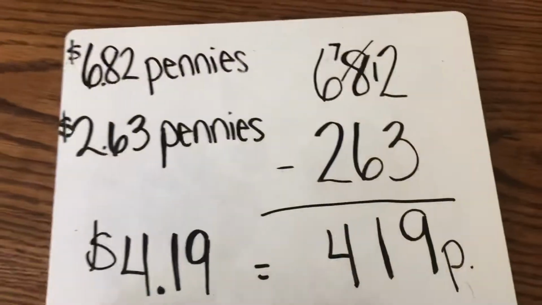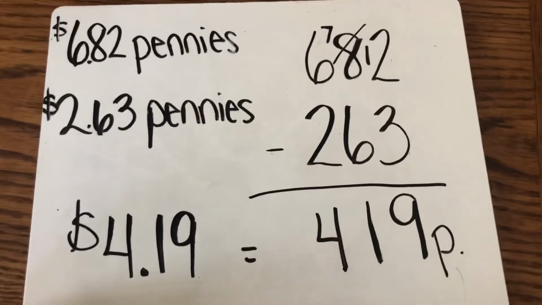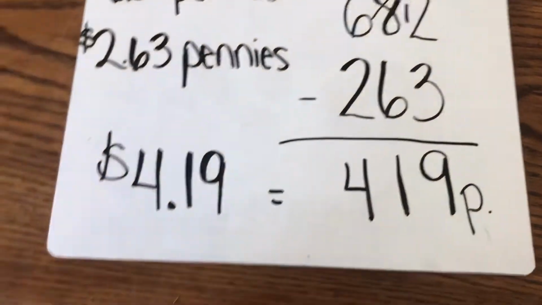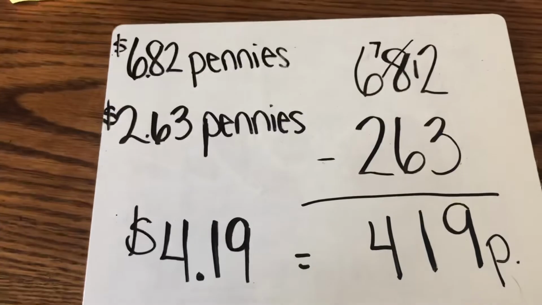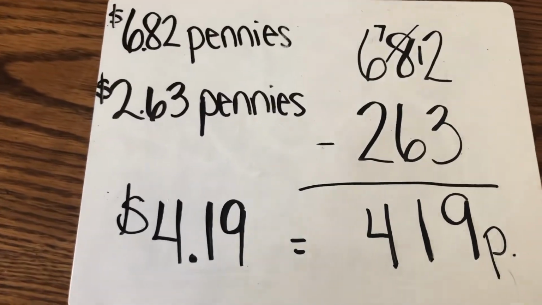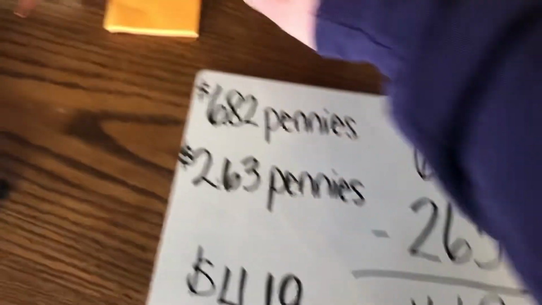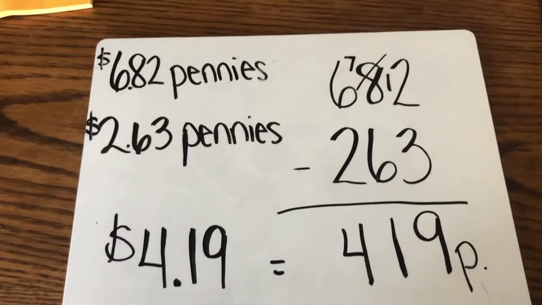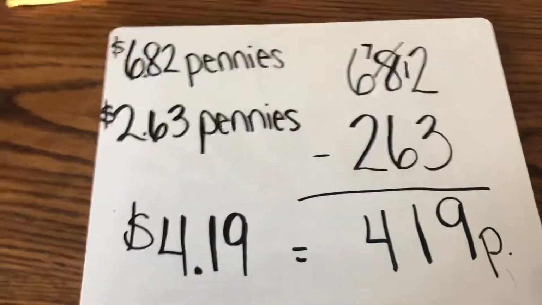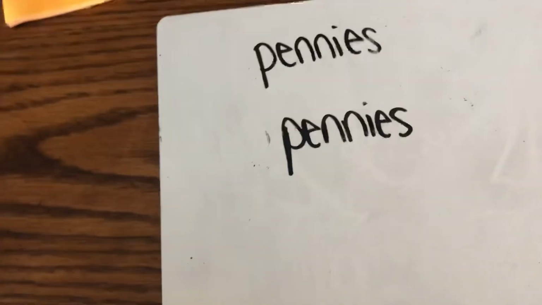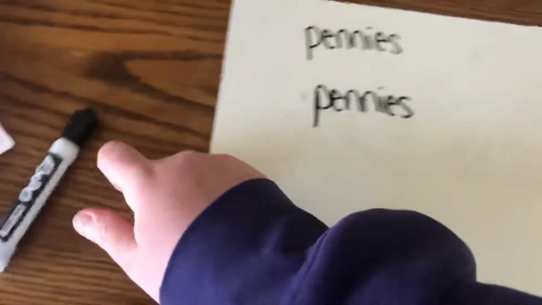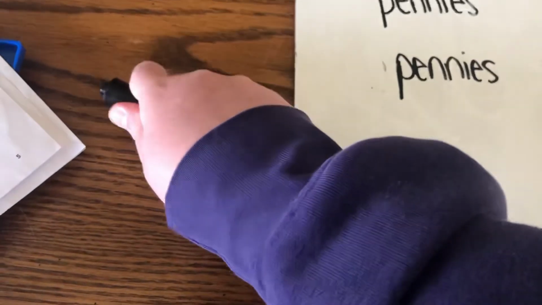Okay, so we are going to do a few of these together. So I need you to get a scrap piece of paper out and a pencil, and you are going to do these along with me. Okay, so I'll give you a few seconds to get those two things together while I erase the board. Okay, our first one, and you are going to write this down with me,